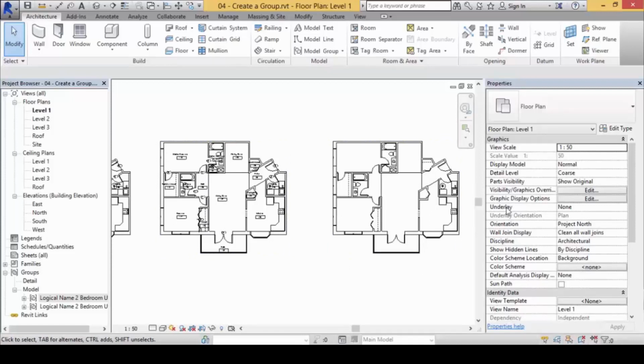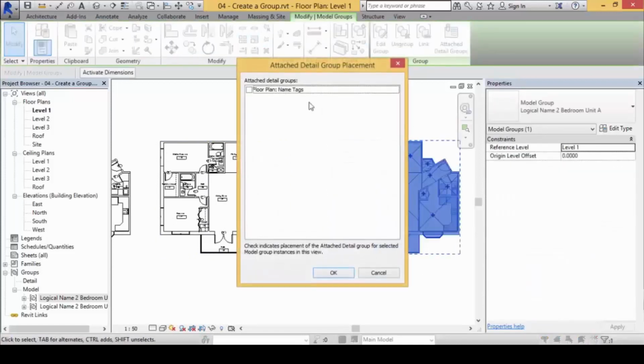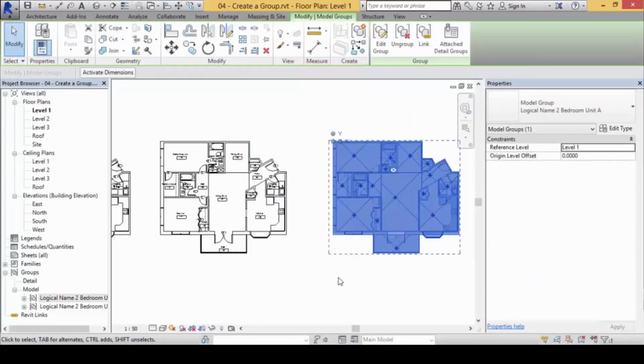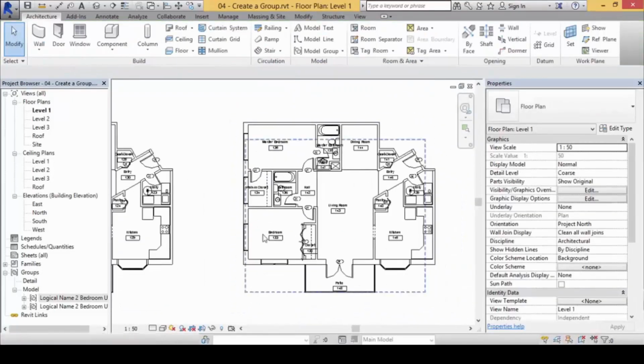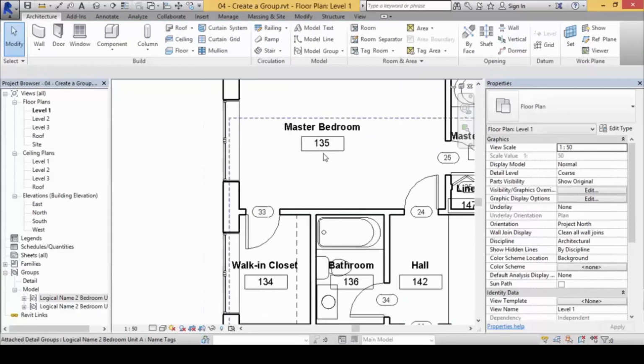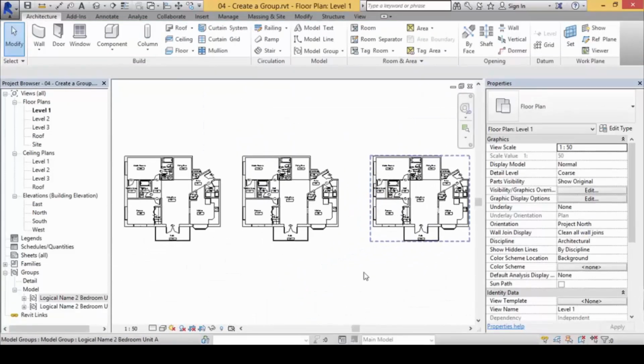Alright? And similarly with this, you can switch on the attached groups. The name tags will still be the same. The layout does not change at all, but the numbers will be different in that. So these units are different, slight differences, but they still remain as groups in which they are unique.